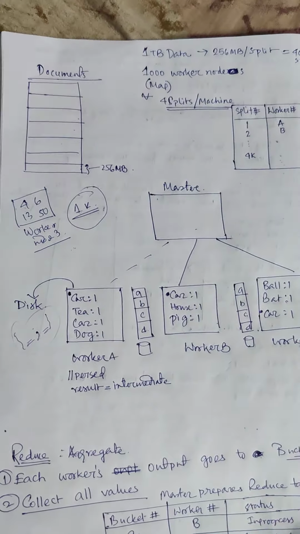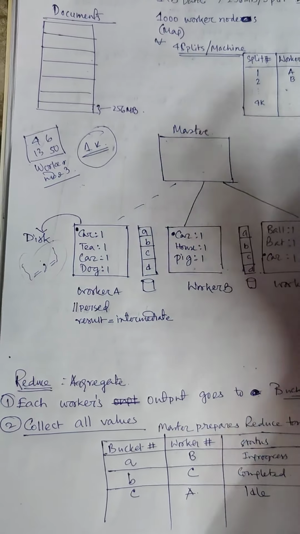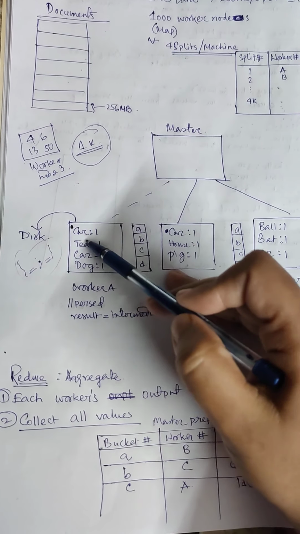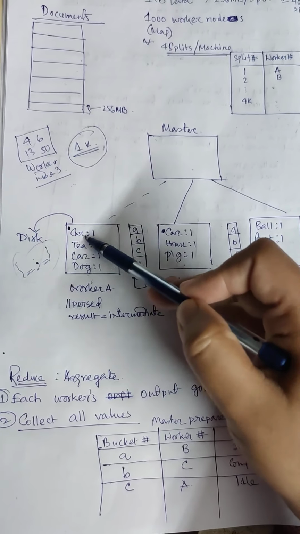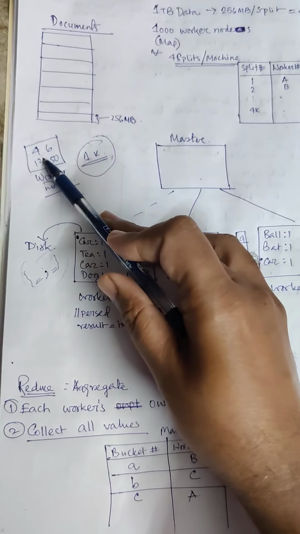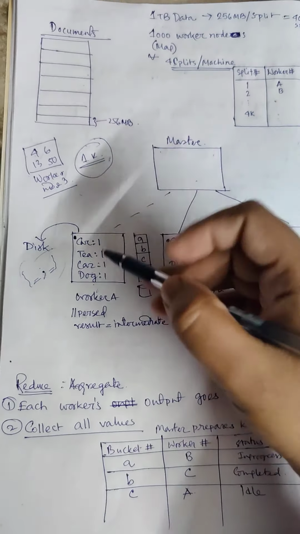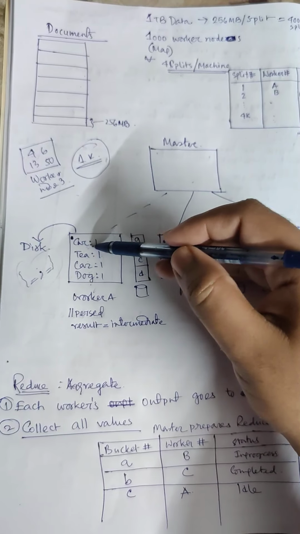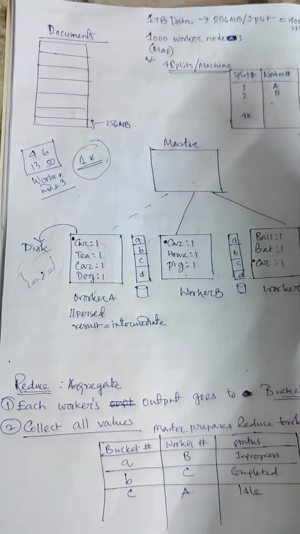Now the next stage is the reduce stage, where it does the aggregation, and this aggregation stage is very important. If you look at this example, we have car, tea, car and dog. Car is coming 2 times, so that means the car is lying in common in splits 4 and 50, but in the map stage it does not have any information about it. The frequency of car could be appended, or we can do something over here.